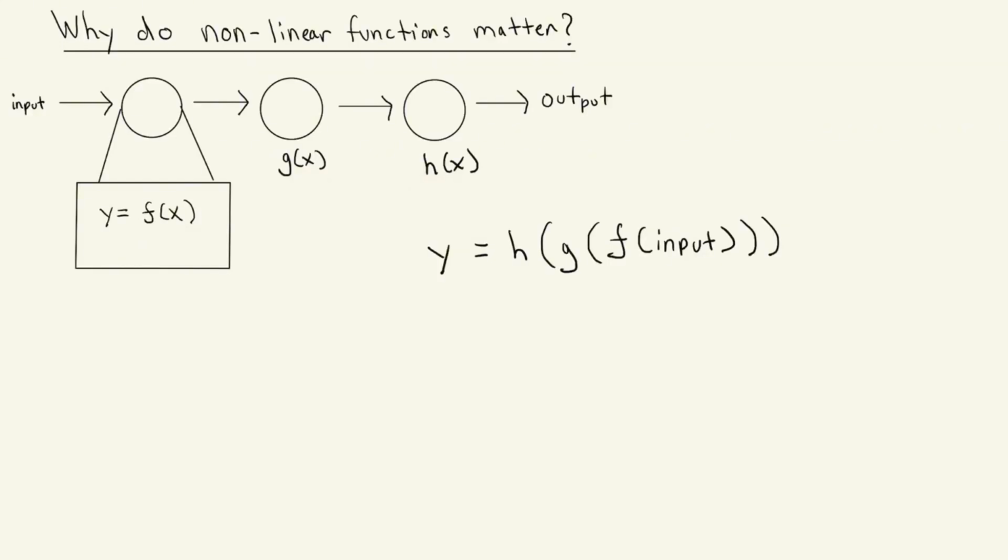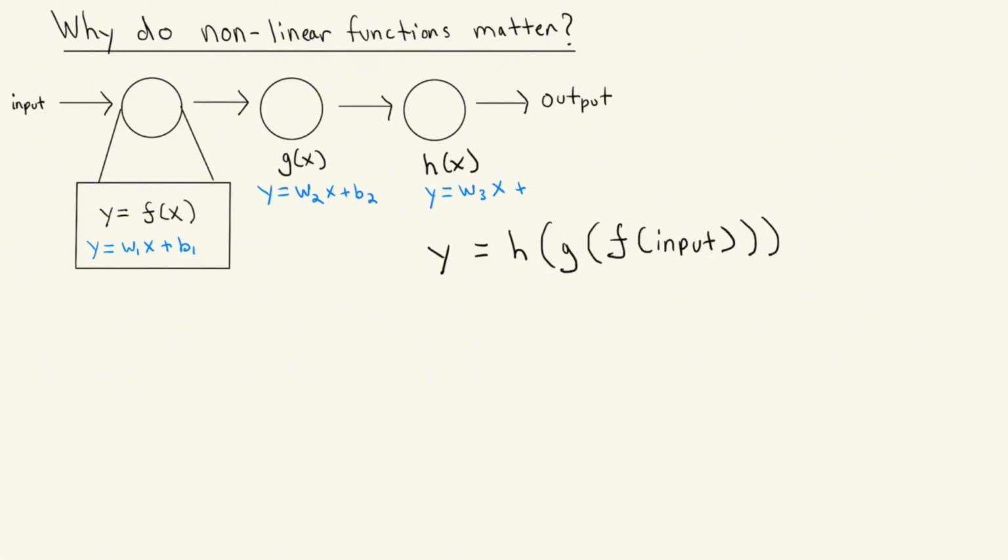Let's say that this function looks something like this. y is equal to w1 times x plus b1, and this internally in this second neuron, it's going to look something like this. y is equal to w2 times x plus b2, and in this last neuron, the linear function looks something like y equals w3